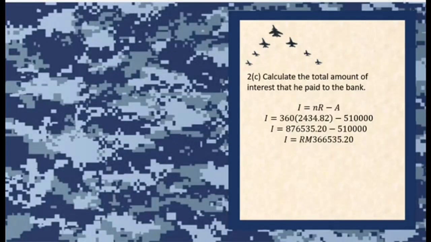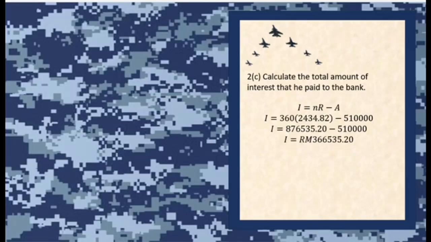2C. Calculate the total amount of interest that he paid to the bank. I equals to NR minus A is the formula that we use to find the interest. So first, we list down the information that we need, which is 360 in bracket 2,434.82 minus to 510,000. First, we solve the first equation, which is 360 in bracket